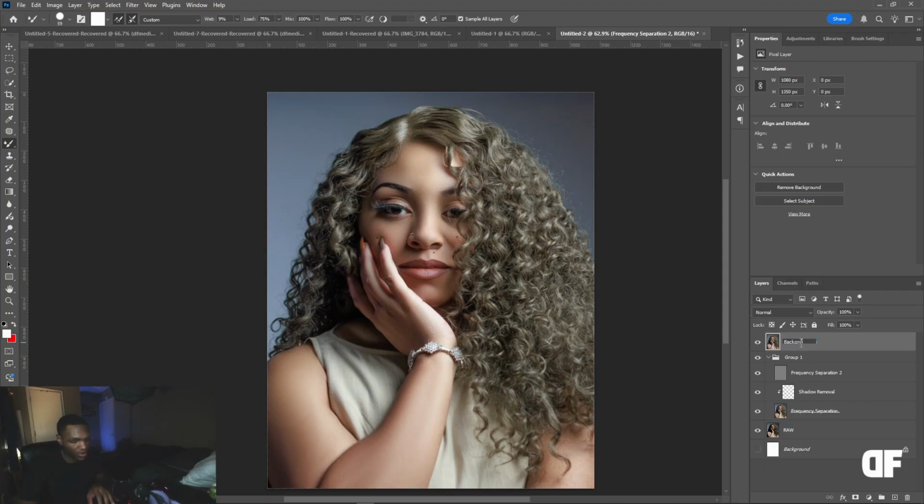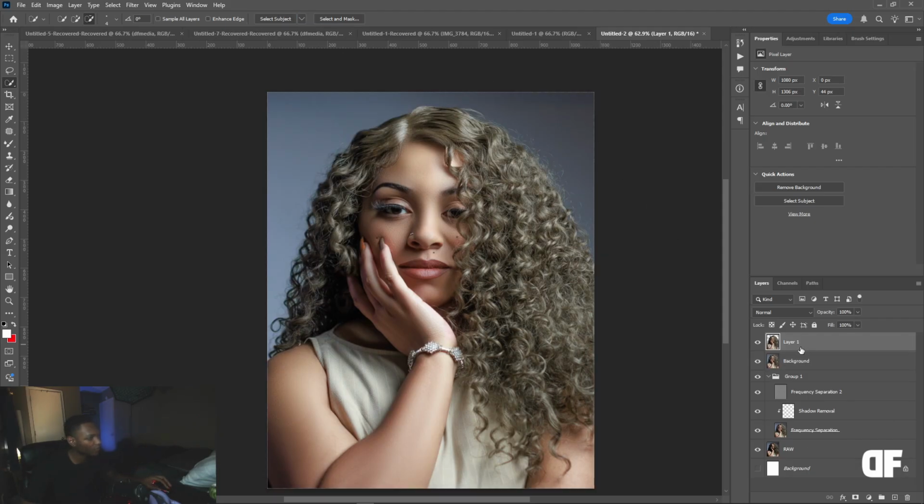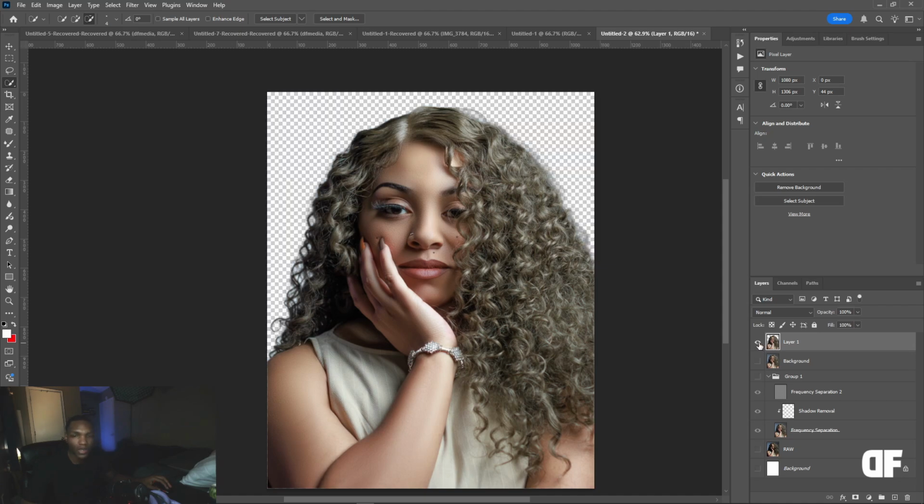It's very important that y'all name y'all layers. And then I'm gonna go up here to the quick selection tool, and I'm gonna do select subject. But before I click select subject, I'm gonna click on this drop down. I'm gonna go to cloud and then click select subject. This is gonna allow me to get a much more detailed cutout of my subject. And once I have that cutout, I'm gonna Control C and Control V, and now I have a PNG of